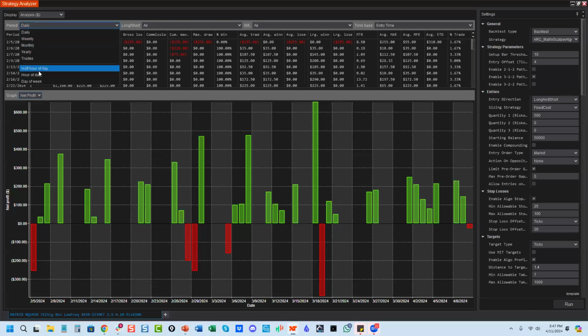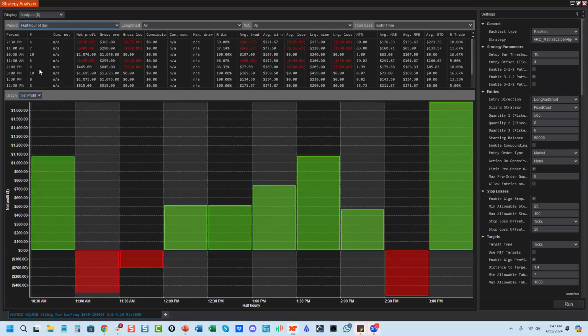People always ask me about that half hour of the day. This is the consistency. This is when a lot of people will sell you the sizzle. If they run a back test and they see a losing part here, a little bit of losses there, they say, okay, cut out that time of day. That's called curve fitting. We're not here cutting out a bunch of times a day, guys.